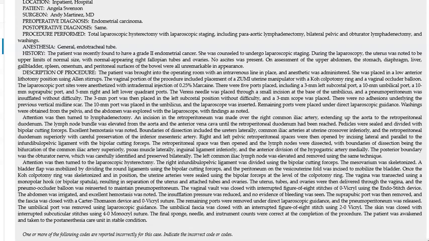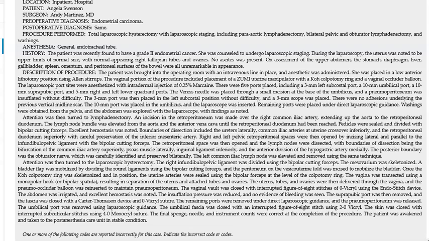So our history, our patient was found to have grade 2 endometrial cancer. She was counseled to undergo laparoscopic staging. During the laparoscopy, the uterus was noted to be upper limits of normal size with normal appearing right fallopian tubes and ovaries. No ascites was present. On assessment of the upper abdomen, the stomach, diaphragm, liver, gallbladder, spleen, omentum, and peritoneal surfaces of the bowel were